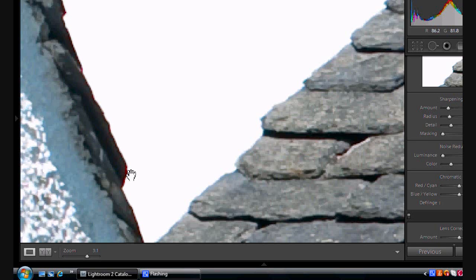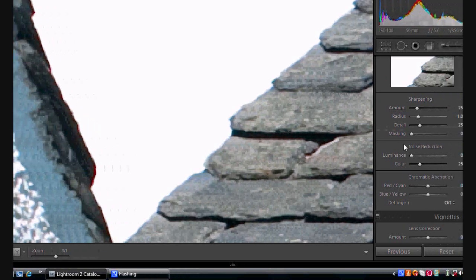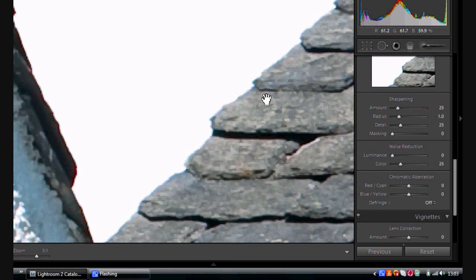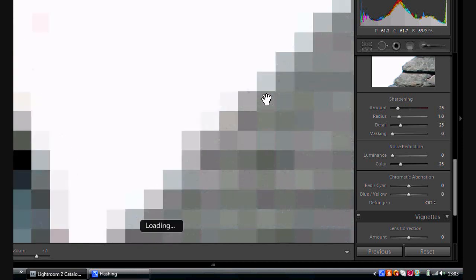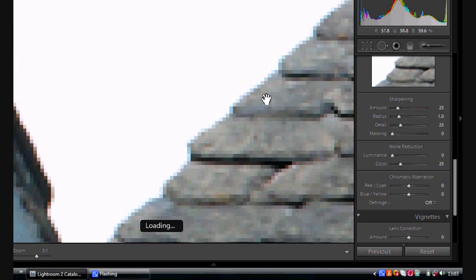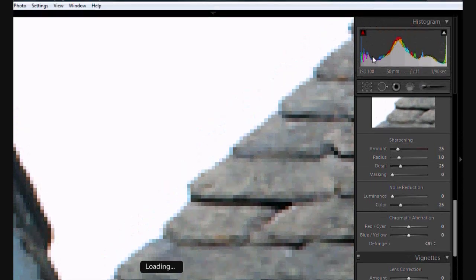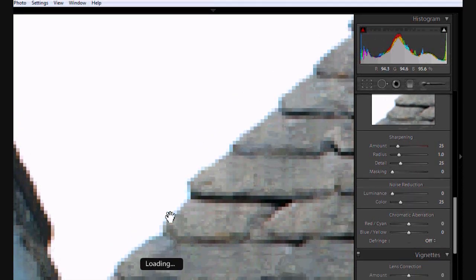The reds are usually on the right hand side of where, do you know what, it doesn't even matter, it's just there. And with this, let's zoom to the next image, f11. Yeah, f11. Even while it's loading up, you can still see there's this blue line here and this